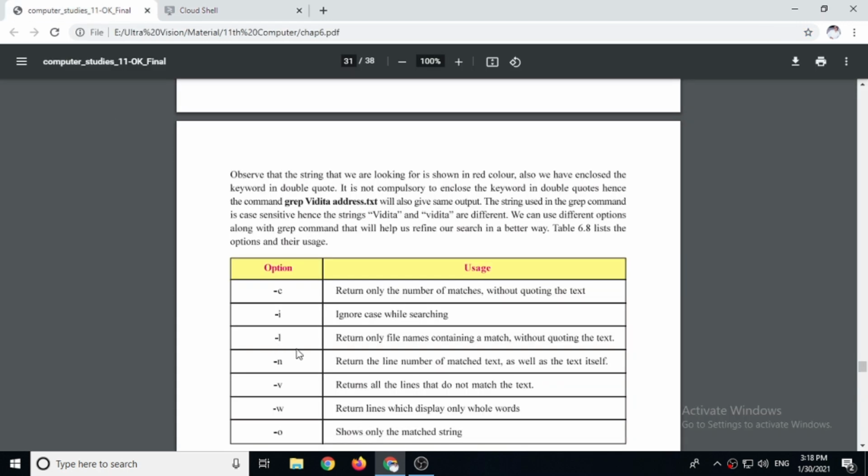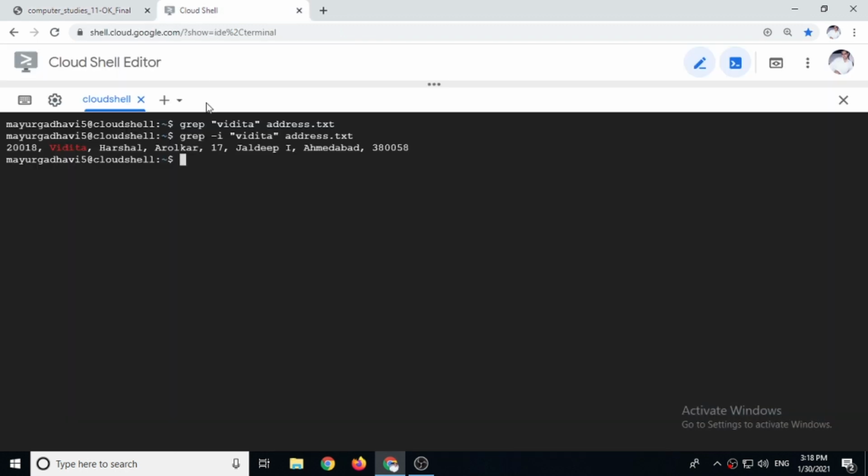Next is -l. It returns only file names containing a match without quoting the text. So let's see. grep -l Vidita address.txt.